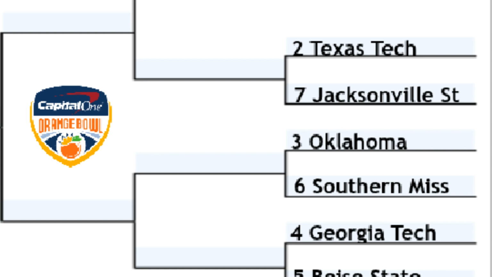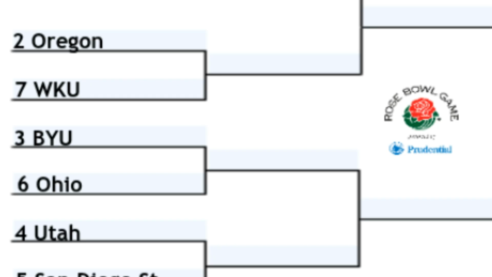And the number 4 seed would be the Georgia Tech Yellow Jackets, slated to be in the ACC championship game, ranked number 16 in the college football playoff rankings. And they would host number 5 Boise State Broncos, who would be in the Mountain West championship game as of right now. And we head to the Rose Bowl bracket now, where the number 1 seed is the Alabama Crimson